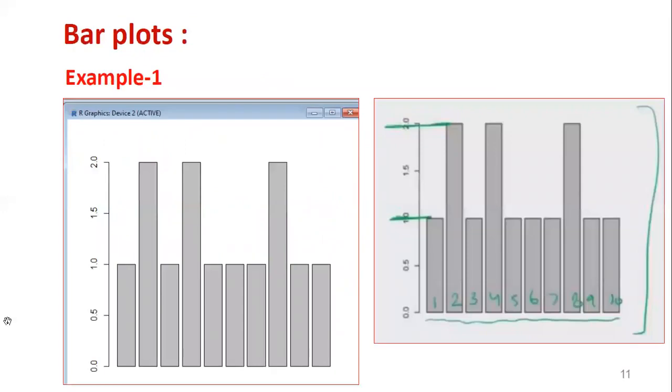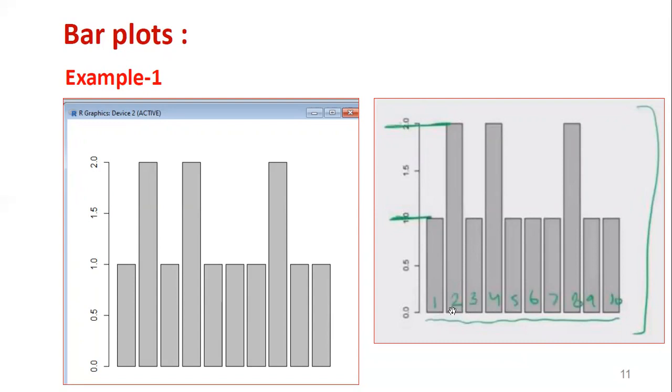Now you can see, this is the bar plot of the variable gender. On the y-axis, the values are distributed by default: 0, 0.5, 1, 1.5, 2 like this. Each bar represents a category. We have 10 observations, so 1, 2, 3, 4, 5, 6, 7, 8, 9, 10 like this.